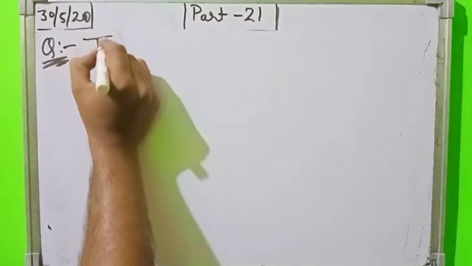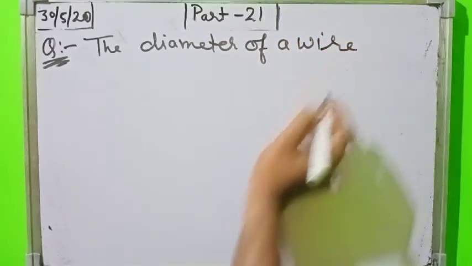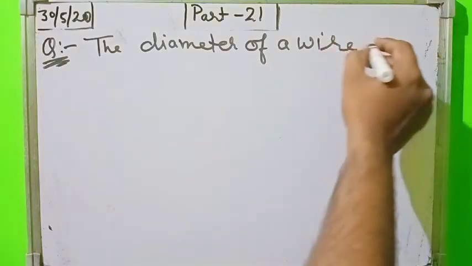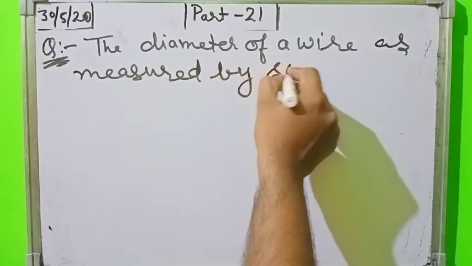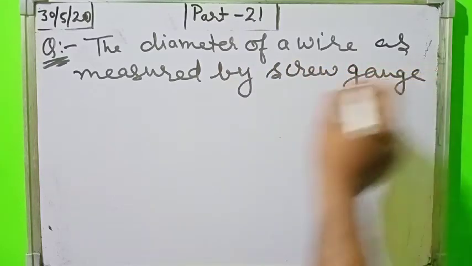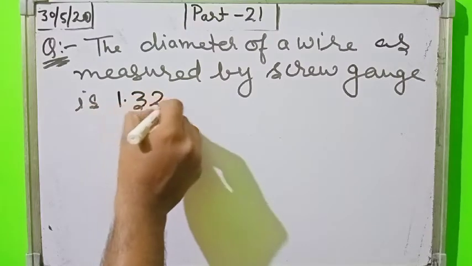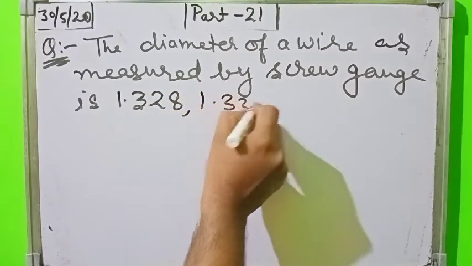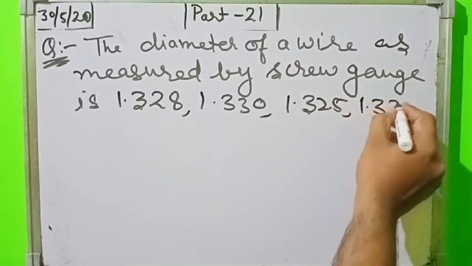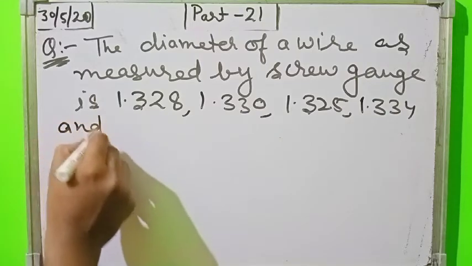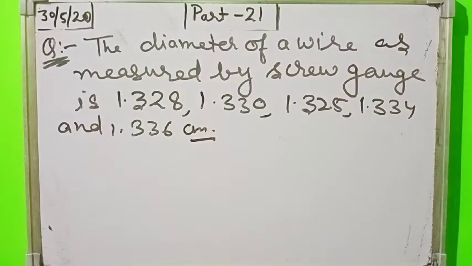The diameter of a wire as measured by a screw gauge is 1.328, 1.330, 1.325, 1.334 and 1.336 centimeter. Here also you have to calculate the mean value of diameter,